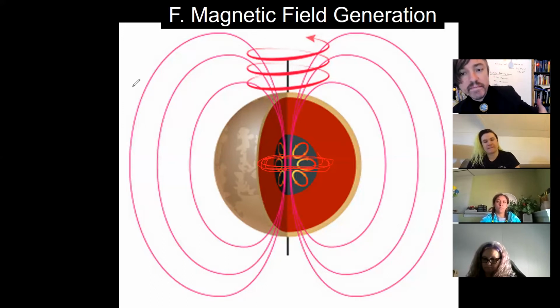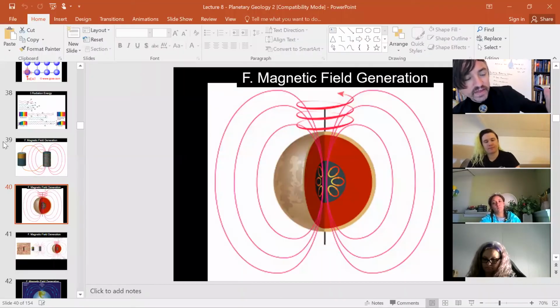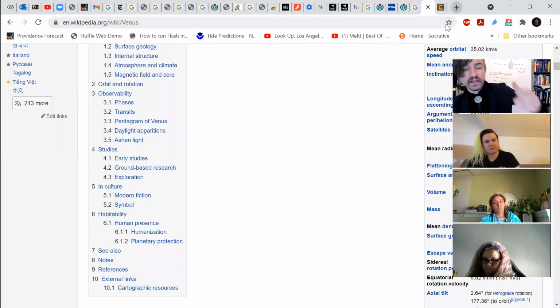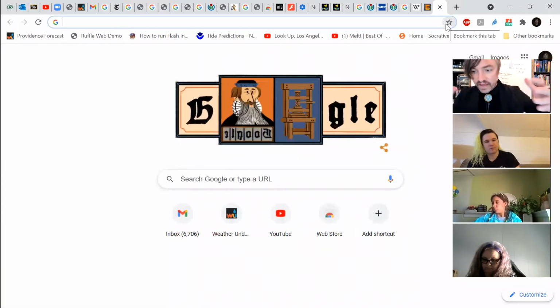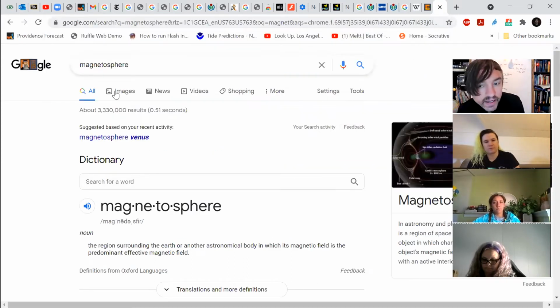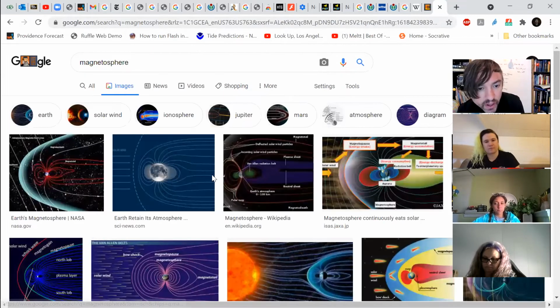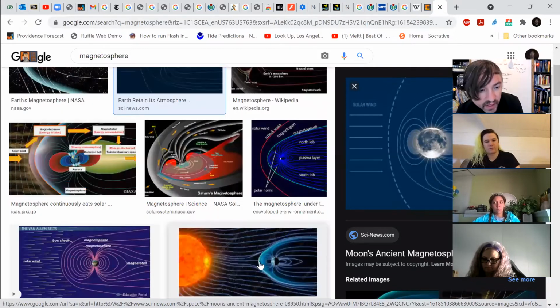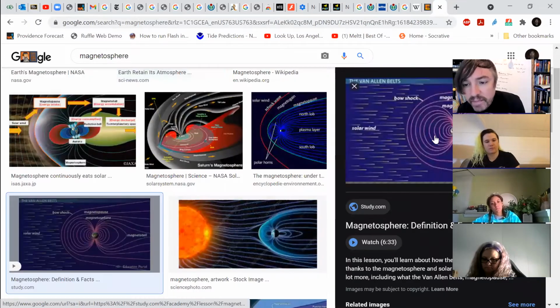Why? Because magnetic fields, or what we call magnetospheres, are actually protective bubbles that protect a planet from ionizing radiation from the solar wind. This is something I had to study a lot in grad school because at Boston University, they have a lot of specialists in this area. Let's just type magnetosphere into Google and look at a couple of the pictures that come up. So one way to think about it is that Earth's magnetic field is kind of like a little magnetic bubble